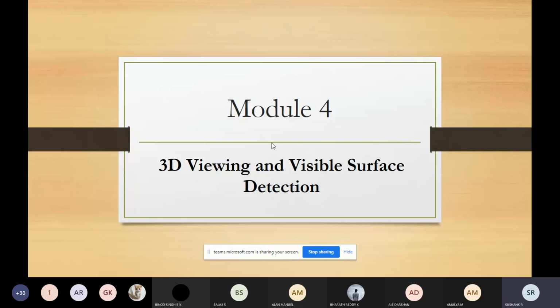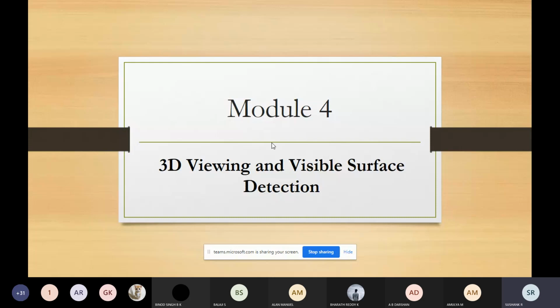Here also the same thing: how do you transform the 3D images from the world coordinate system to the output devices. There we studied the transformation from the world coordinate system to the output device for the 2D coordinate system. Here we are talking about it with respect to 3D.